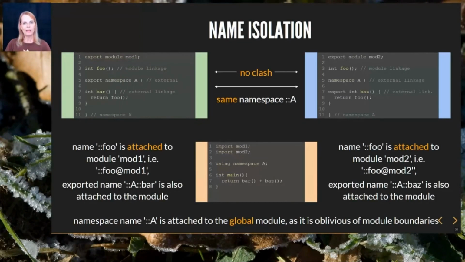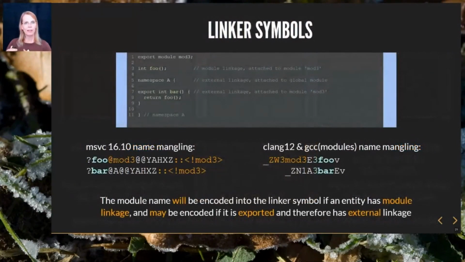To do so, we say that non-exported entities have module linkage rather than external linkage. Besides that, they both are just the same. Exported entities still retain external linkage despite being attached to the module. Then the compiler forms linker symbols from entities attached to a module with either module linkage or external linkage. The scent that marks these entities as belonging to that module becomes apparent in the mangled linker symbols.